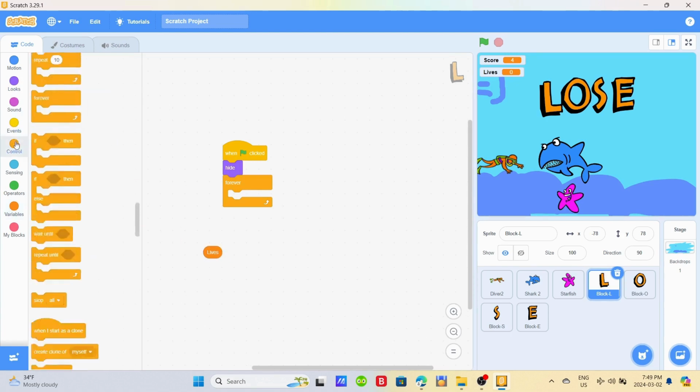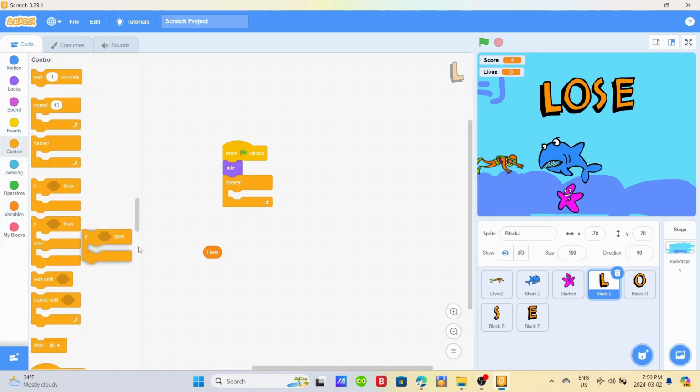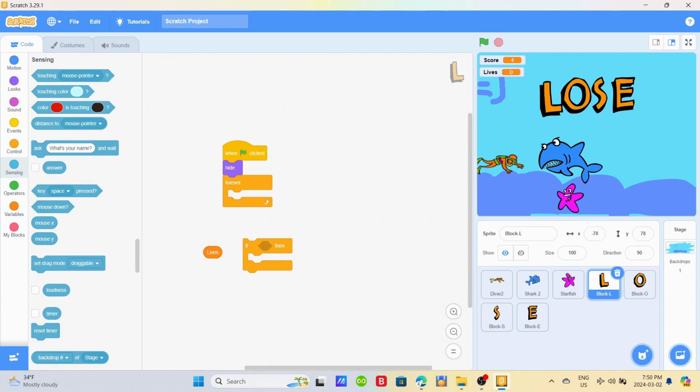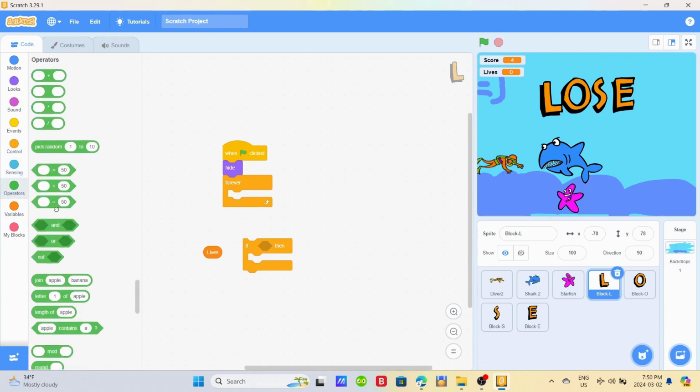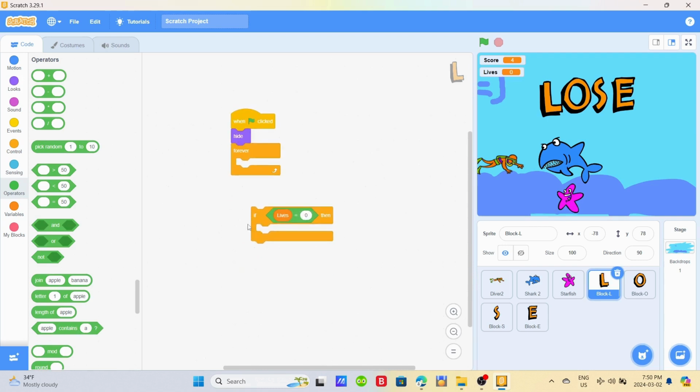And we will go in the control section and we will drag in if then. We will go in sensing and actually we'll go in operators and bring the equal. If lives equals 0, then